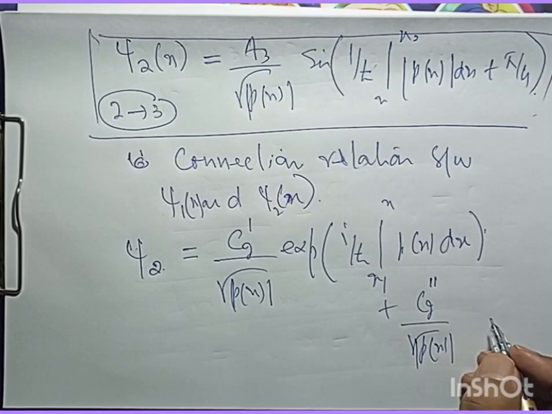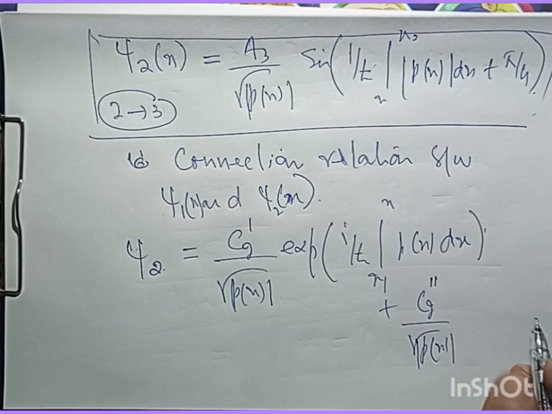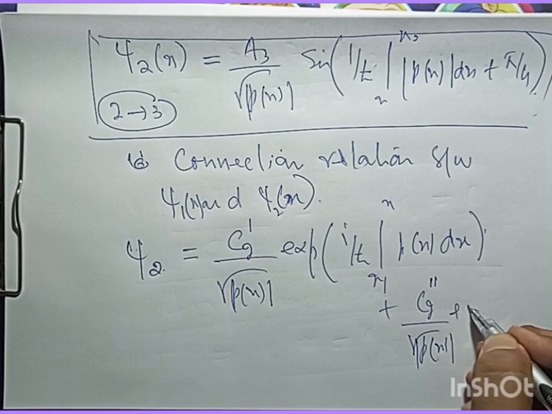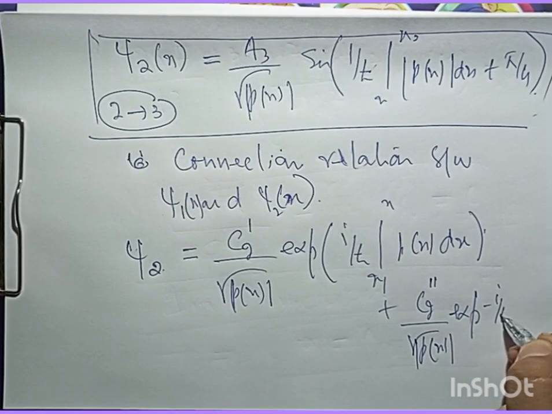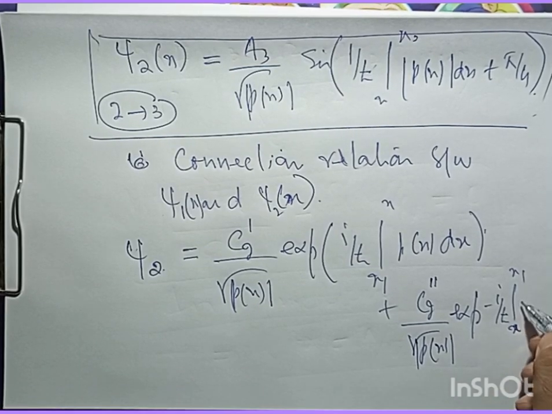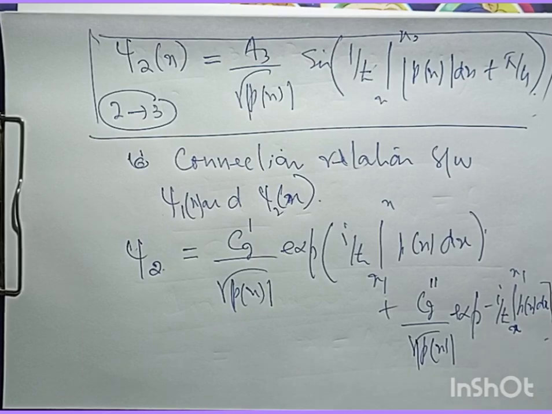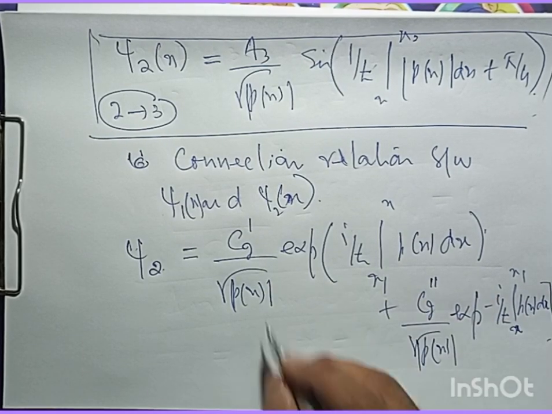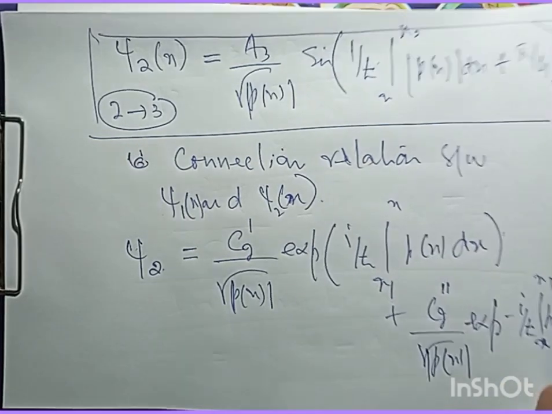There may be something wrong with the constants. The constants don't change physics, basically. What is important here is to have some consistency. So this is exp, then we will have minus i by h cross integral x to x1, p of x dx, and certainly this equation can be boiled down to